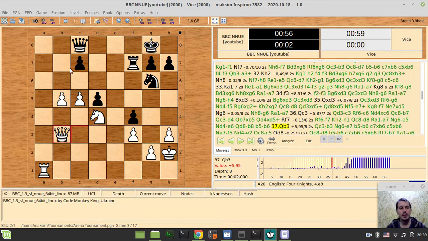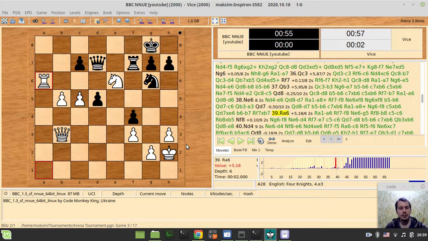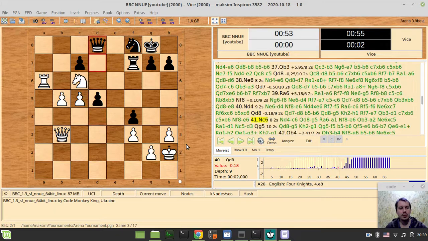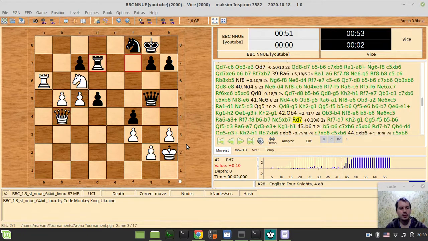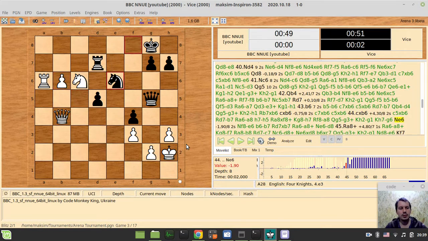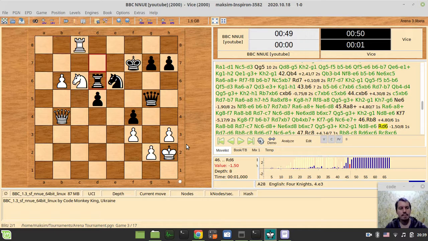So he really thinks that these pawns are going to queen, and he just thinks that he's positionally much better, and that's the reason for giving such a big score actually. So this is how it was going further on. This domination on the queenside is really crushing, and